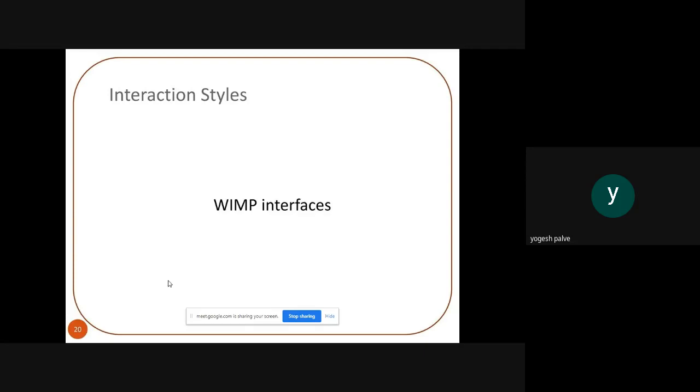Then we will look at WIMP interfaces and why they are very important and very popular. WIMP interfaces have windows, icons, menus, and pointer. As you all know, whenever you are using any application, or any gaming, or any kind of form, there will be use of WIMP interfaces many times.